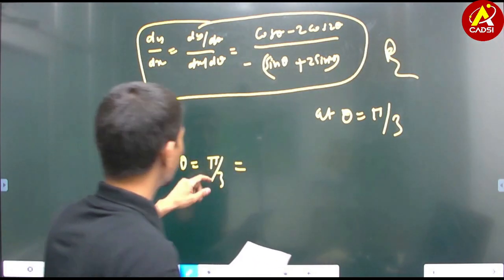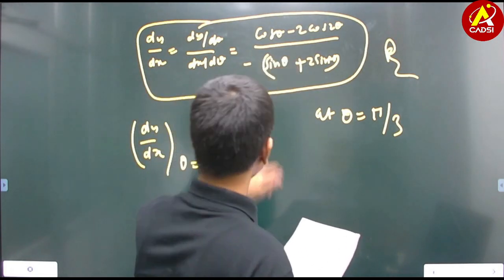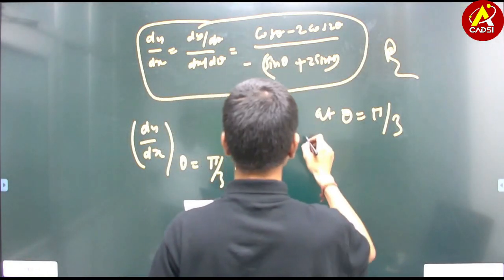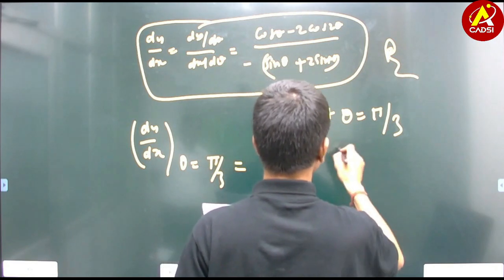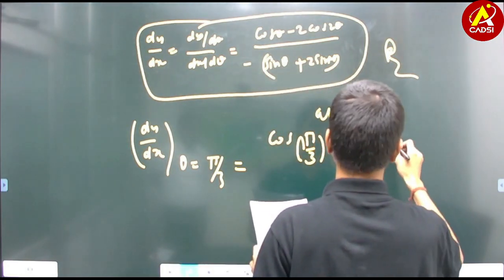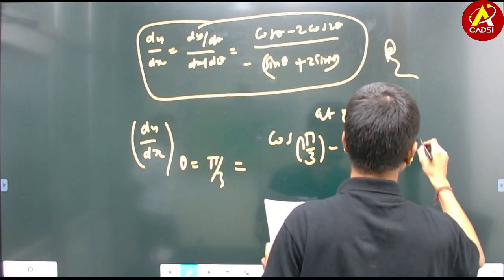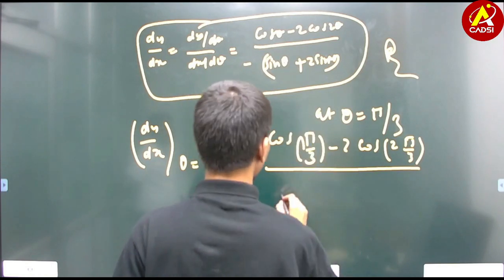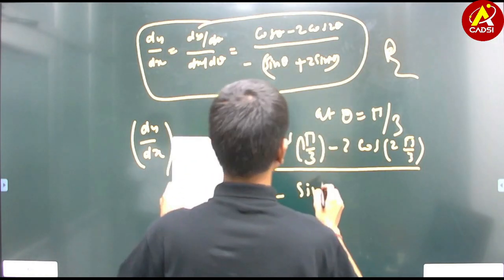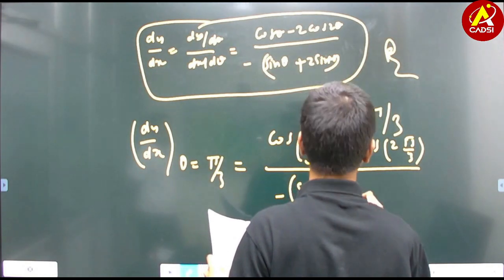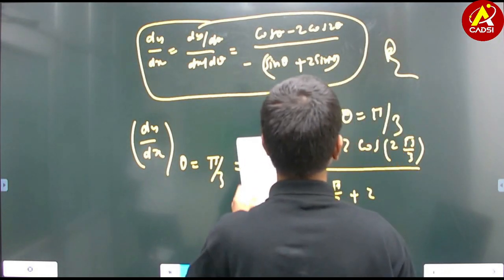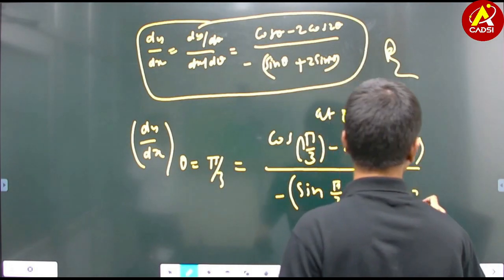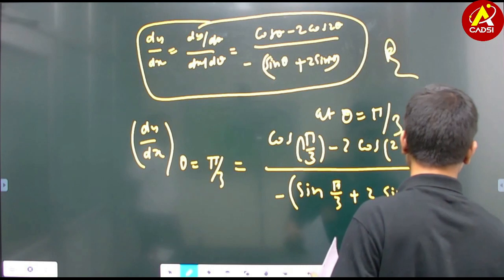So putting this value in this format, we get cos pi by 3 minus 2 cos 2 pi by 3, upon minus sin pi by 3 plus 2 sin 2 into pi by 3. Okay,